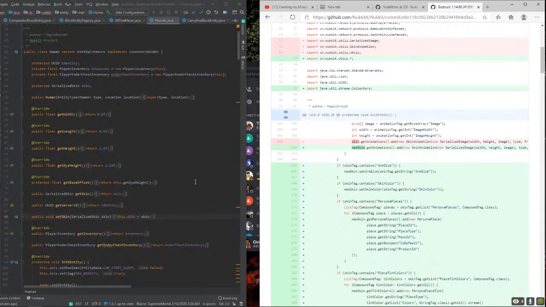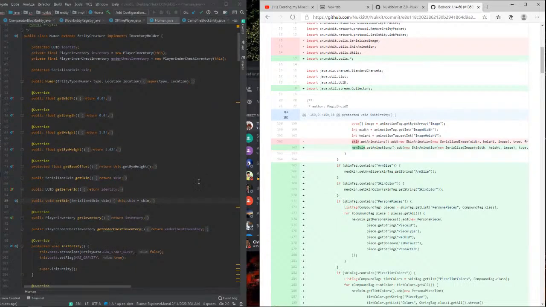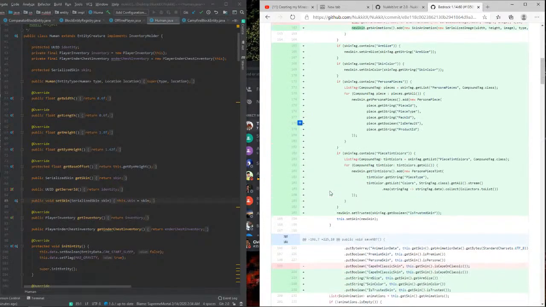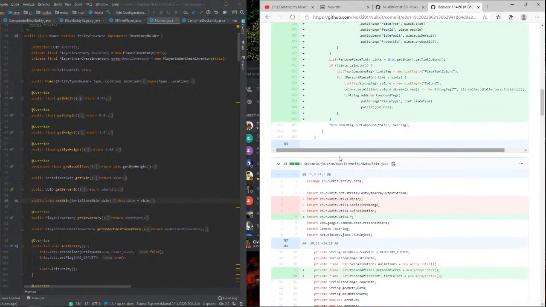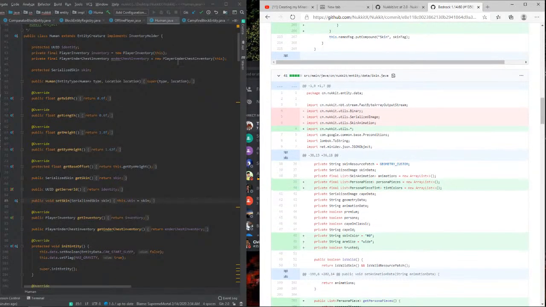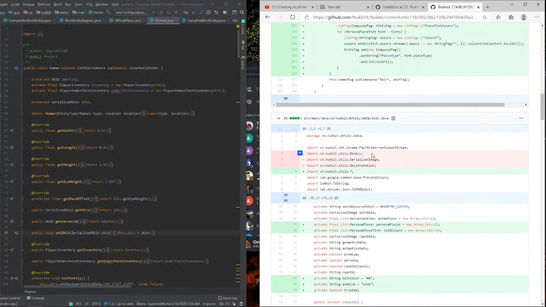So new skin. Alright, so I should definitely change this first. And that's an entity data.